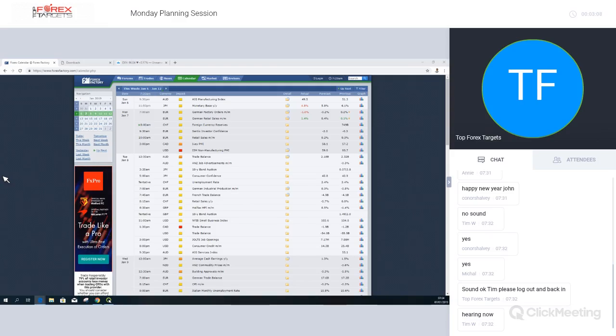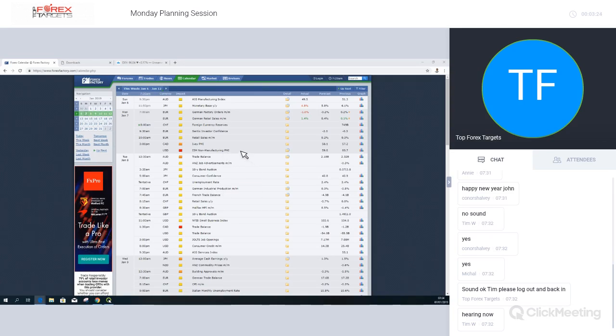We're going to start, because like I say, we've got quite a bit to get through. So I'm going to just start off by looking first of all at the economic data, as we always do for the coming week, and then we're going to look at some of the broader themes when we go and have a look at the charts for the year.